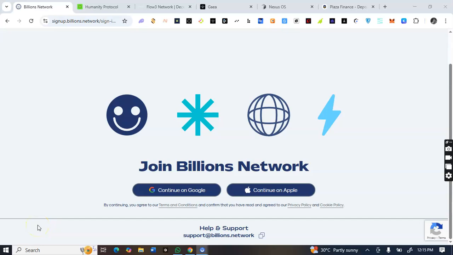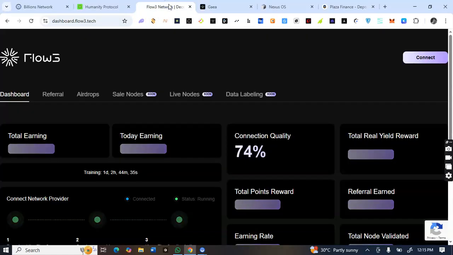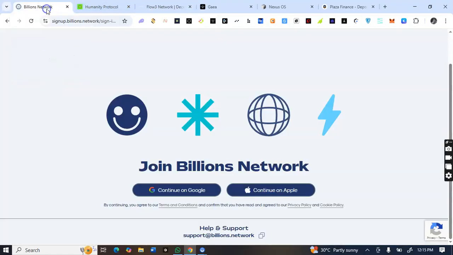Hey guys, so here is a potential thousands of dollars airdrop you need to position for. We have the Billions network, a very simple airdrop to start farming, as well as this Flow3 Depin airdrop. I'll be giving you a guide on how to farm these two airdrops in this video, the Billion network and the Flow3 network. This is a Depin airdrop, this is an alpha. So I'll just go ahead and start